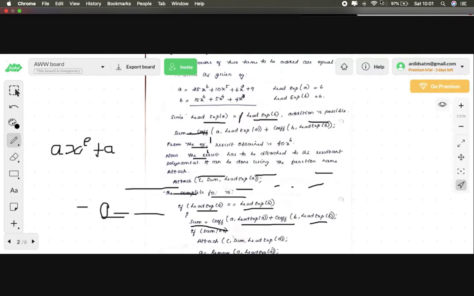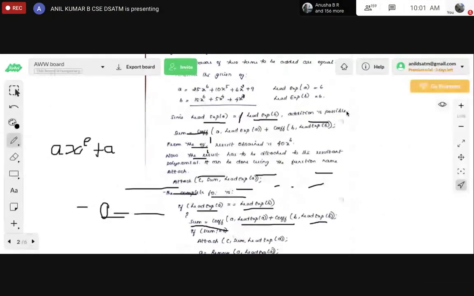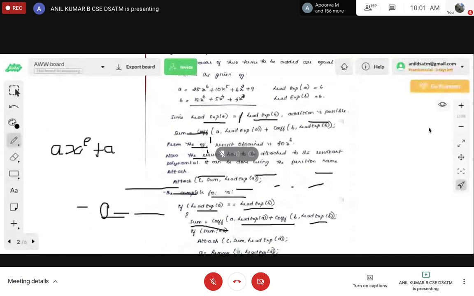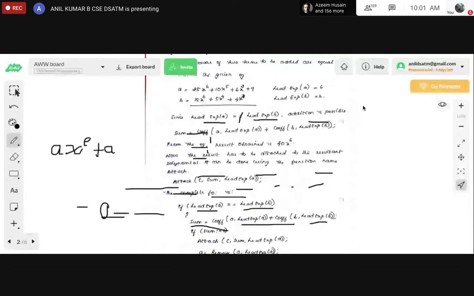This is a simple code we are writing here to store the resultant. If sum not equal to 0, then attach that, and A is equal to B is equal to remove, that previous case, to perform the next addition of those polynomials.